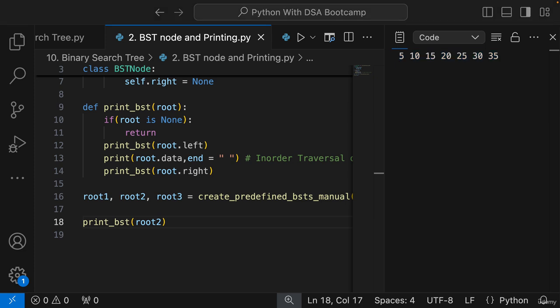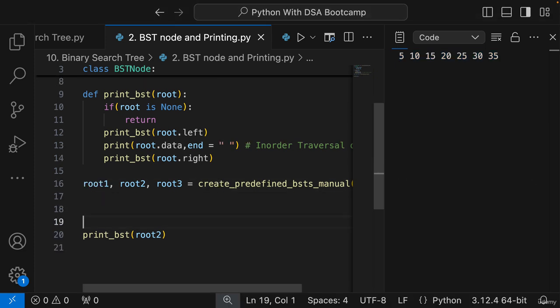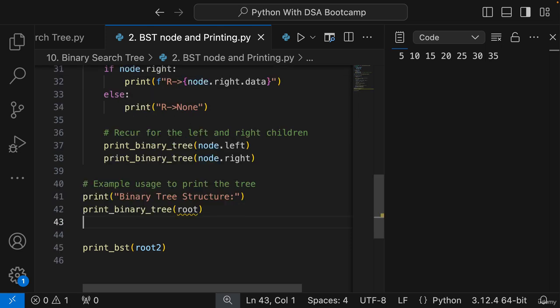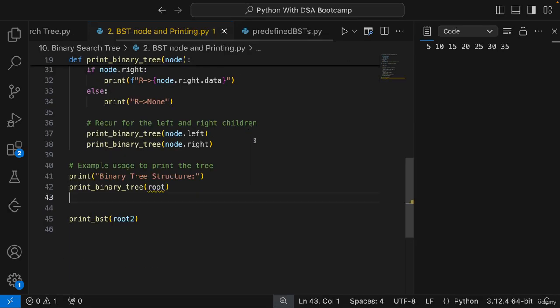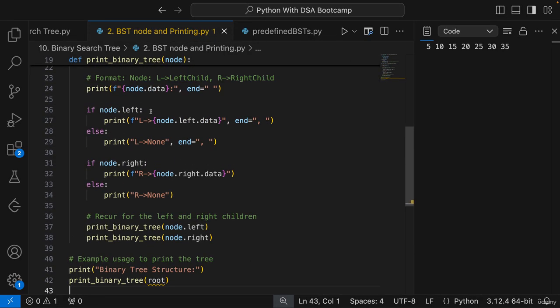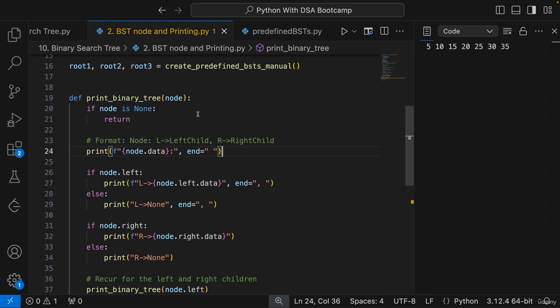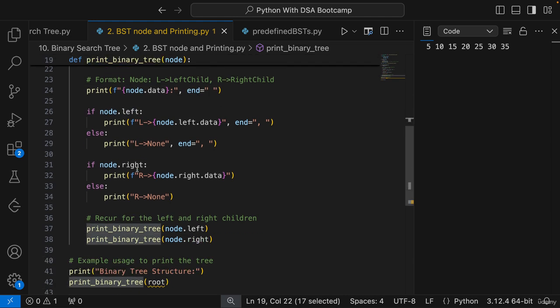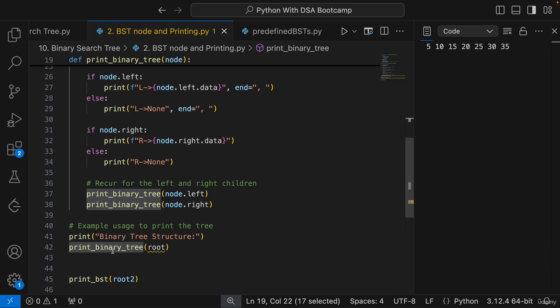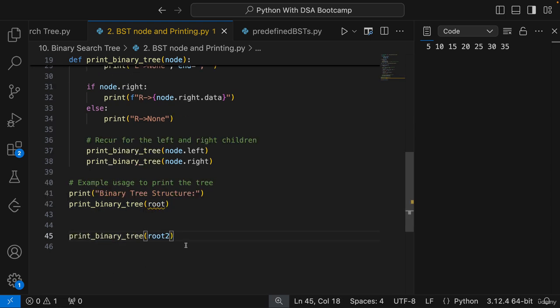Now one more way we of course used to print our trees was something like this. So I'm pasting this function, something which we have written already. This is the function, everyone. In this format, if you remember, we used to print for the left child and the right child. So let us do this. It's again pre-order, just that it is giving us some extra information as well. So if we print by this pre-order,